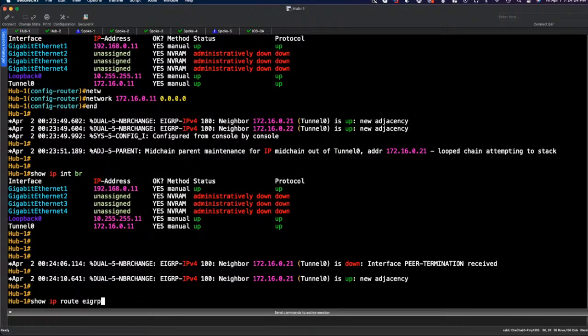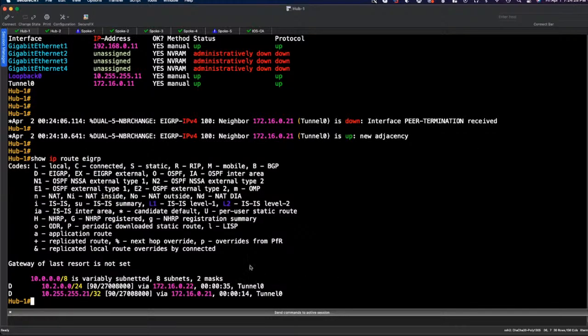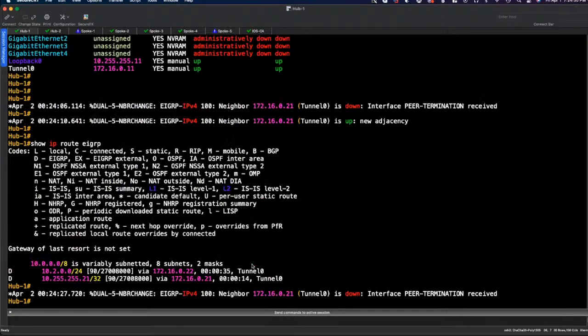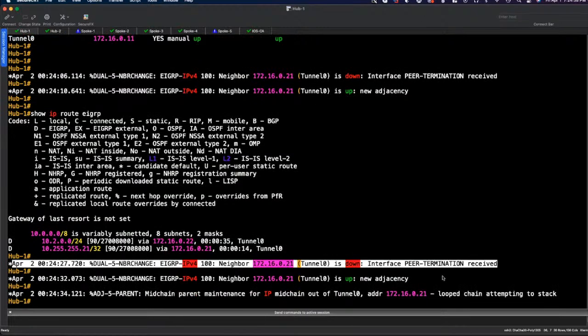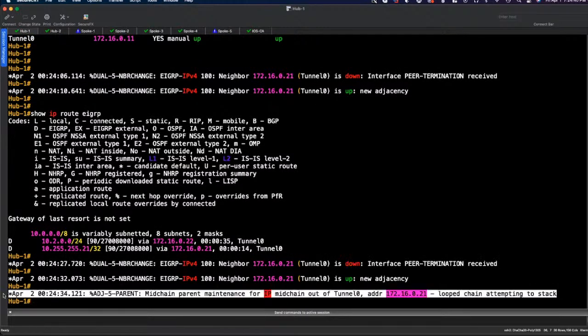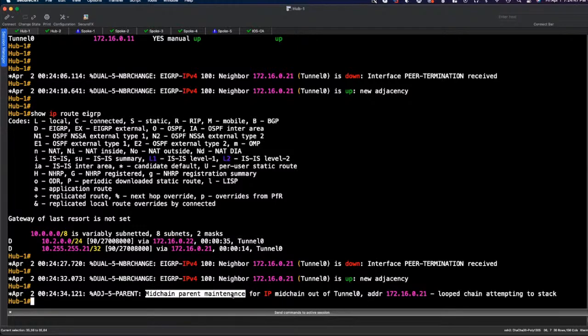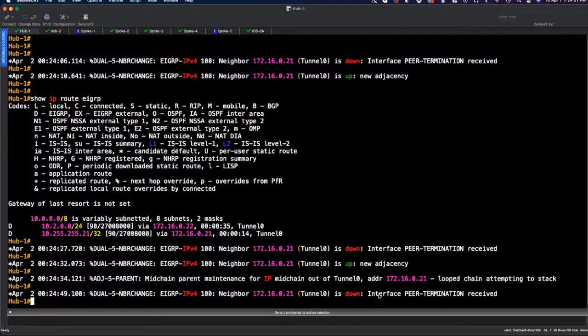And this is one of the most common mistakes when you're learning DMVPN here, is you're going to form routing adjacencies and you're going to wonder, well, gee, why isn't this working? And you can see we're continuing to flap our EIGRP neighborship here. And this error message here is going to tell us a lot about what's happening. Now, reading this, it sounds like a lot of gibberish, right? Mid-chain parent maintenance, all. What the heck is this? What's actually happening here